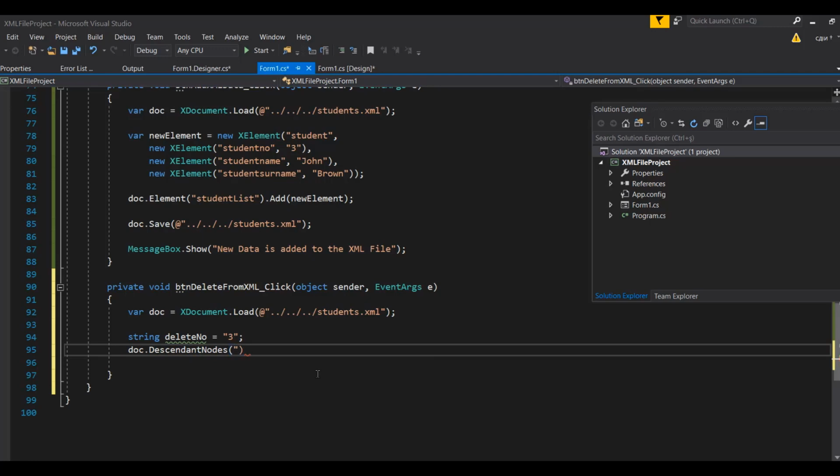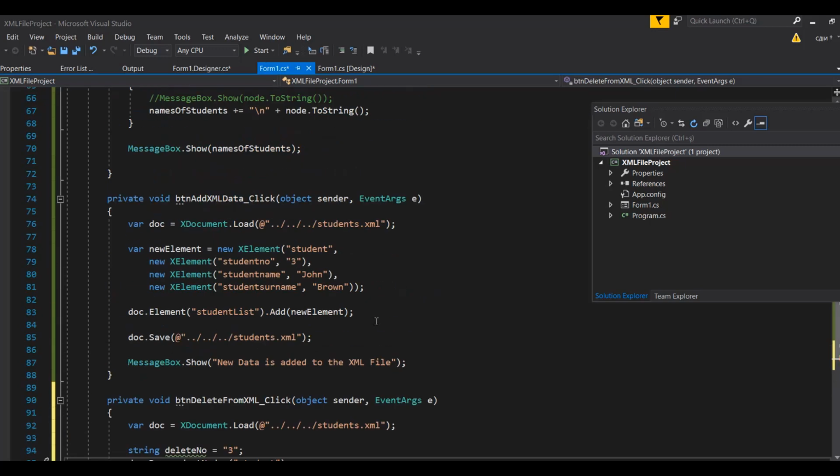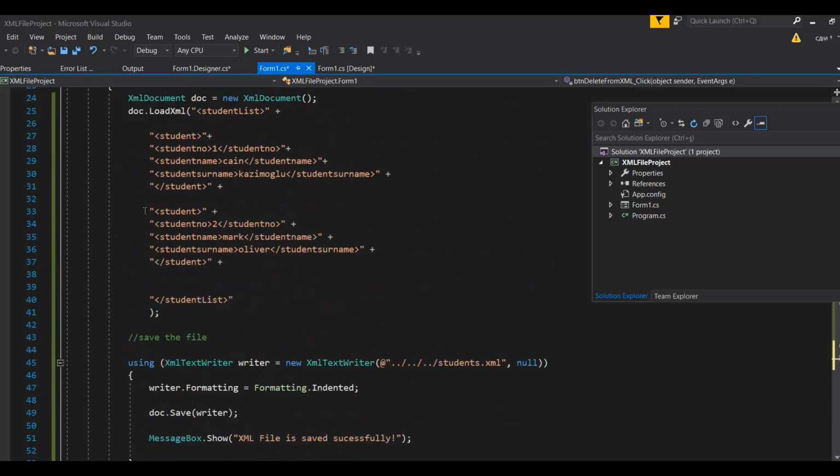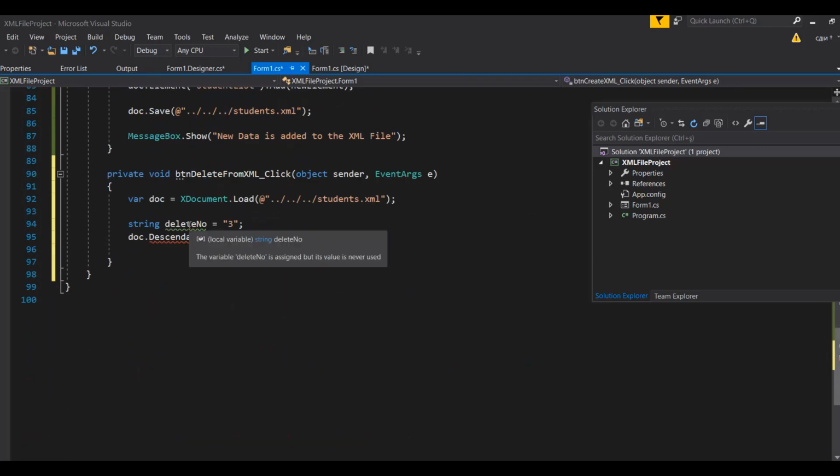Descendants allows you to basically jump into that specific tag, so you can manipulate the data. So it allows you to check the value of a specific node underneath the tags. So it will jump into the student tag in here, find a specific entry which will be student number, and compare the node inside this with the node that we have. Our one is called delete number, so we're gonna compare it with the student descendant. So I'm gonna say